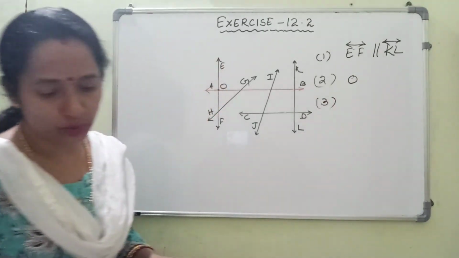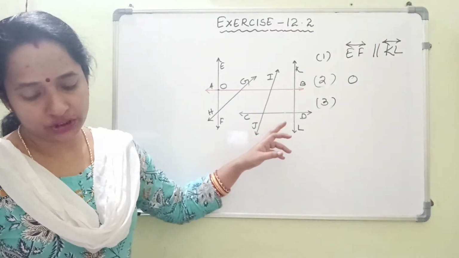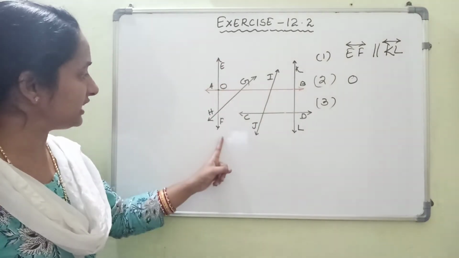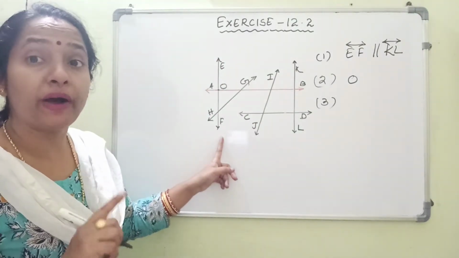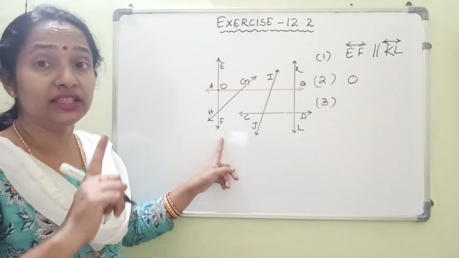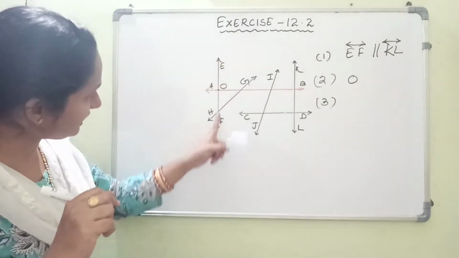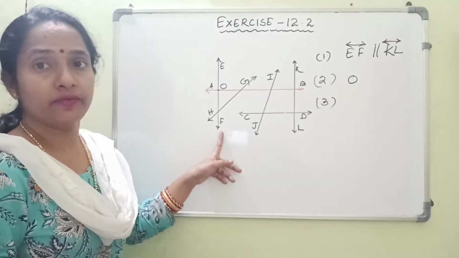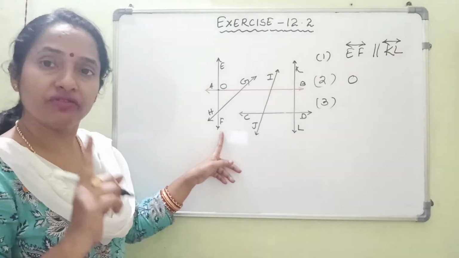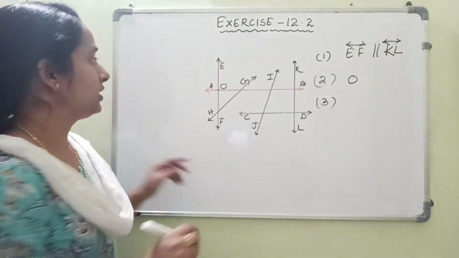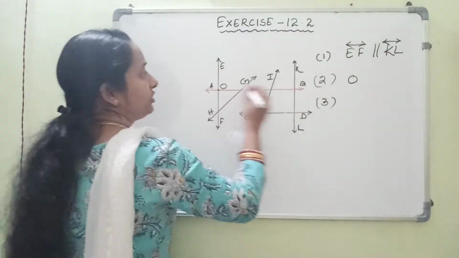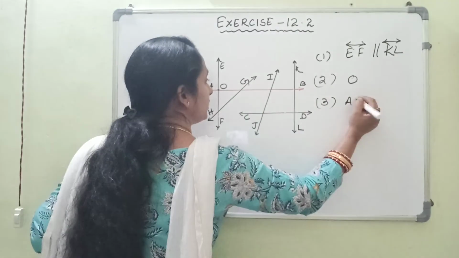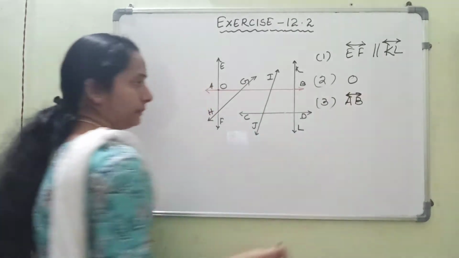Now let us come to the third one. Question number C is dash is perpendicular to EF. Where is EF? This is EF. And which line is perpendicular? Perpendicular means a standing line. As this is the vertical one, the line which is horizontal to it and meeting at some point will be the perpendicular line to this. So which line is perpendicular to the line EF? AB is the perpendicular line. So the answer will be line AB.